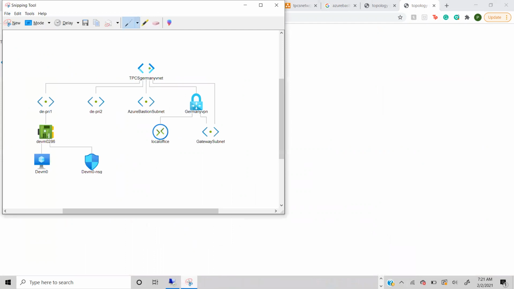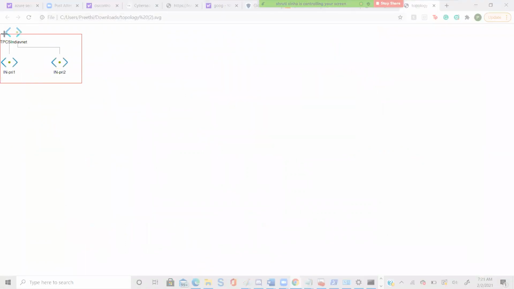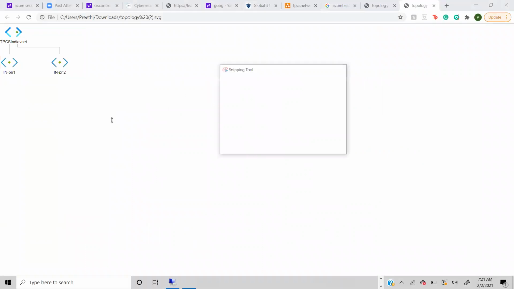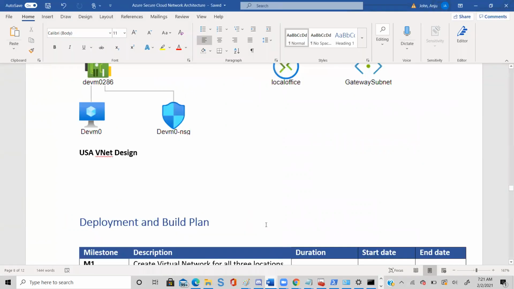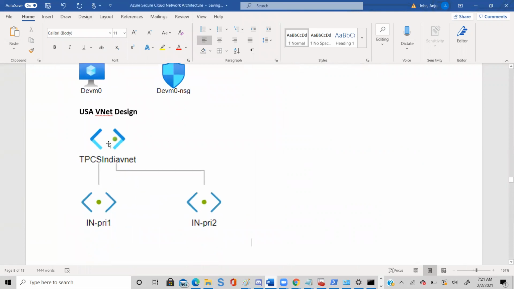This is India. So now your document is fully ready with the whole architecture.